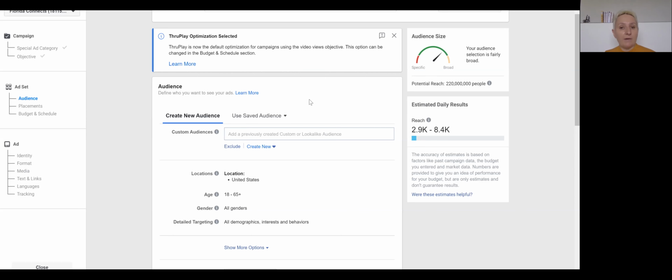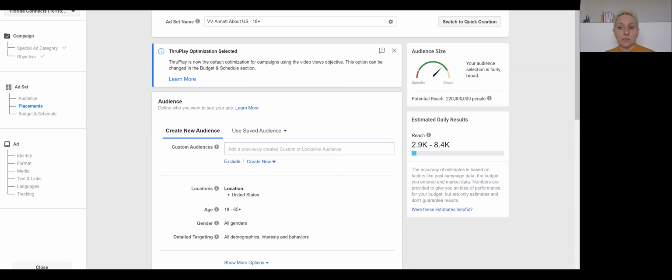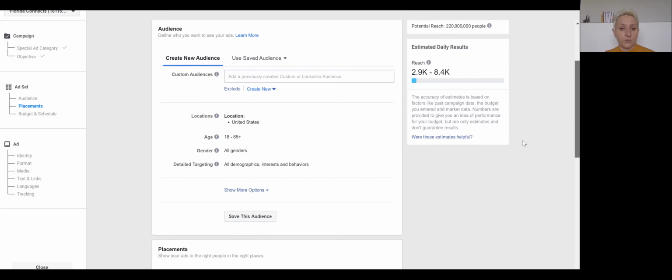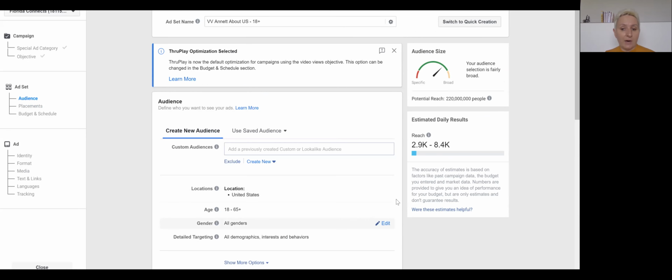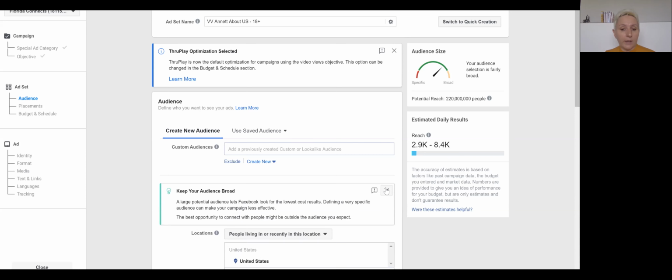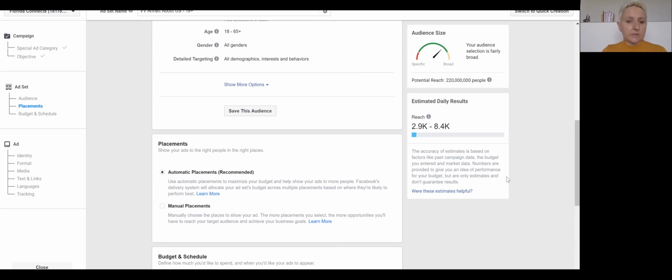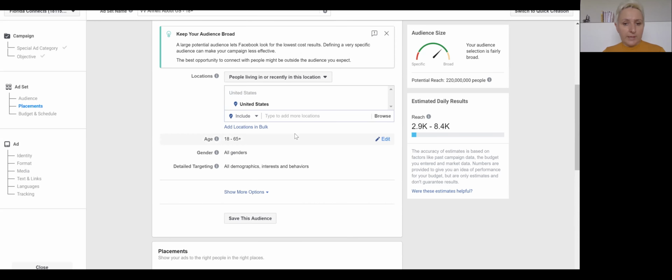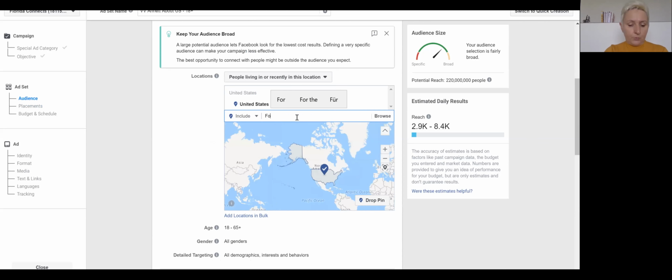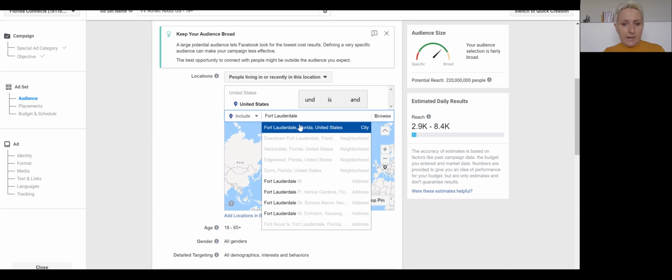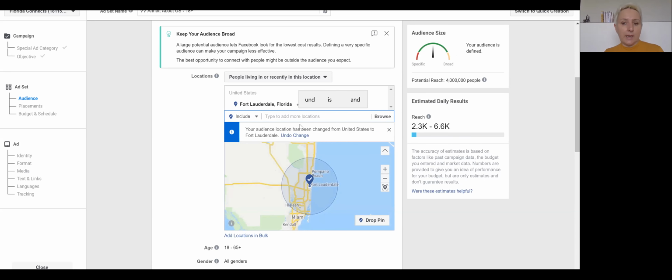But when you already have an audience you want to advertise to, that's where it comes into play, where you choose your audience with your objective. So we leave it very, very broad here. We are in the United States. You could put it to your city or to your zip code if you want to. I am here in Fort Lauderdale, and I put in Fort Lauderdale. That's where I am located. I pull it in, and I am going